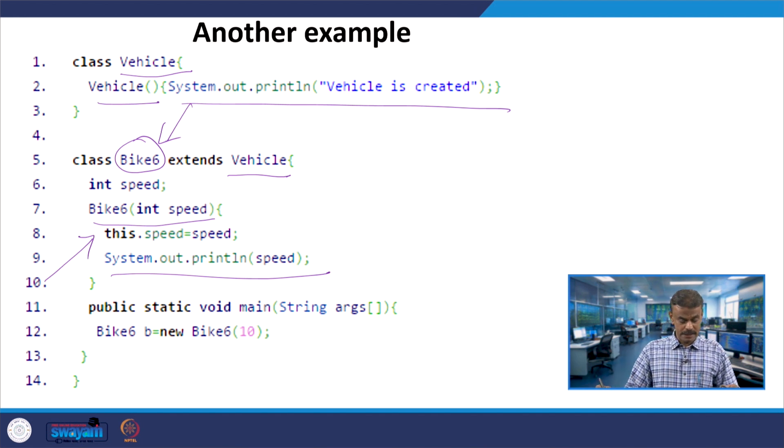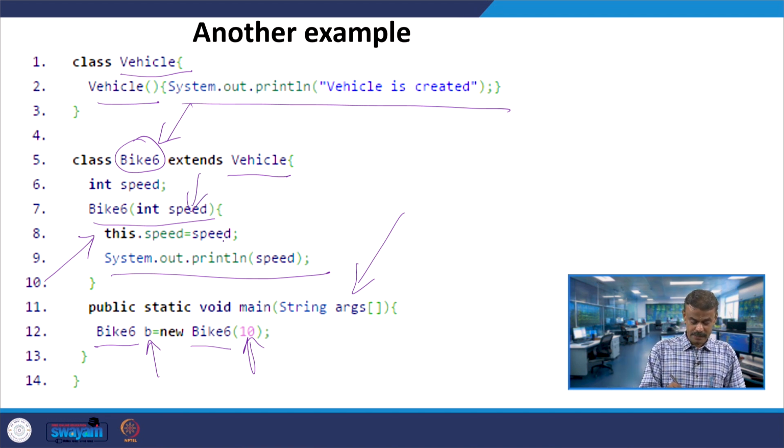Look at the main program: public static void main, you have an object B whose class is Bike6. Here you have a constructor and you are passing the value 10, so speed will be initialized to 10.